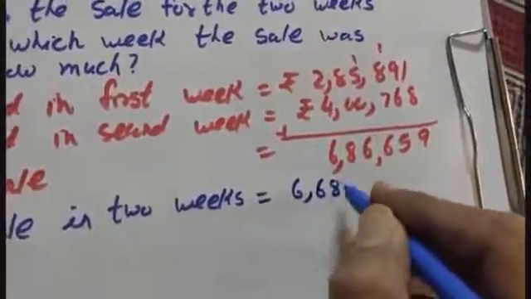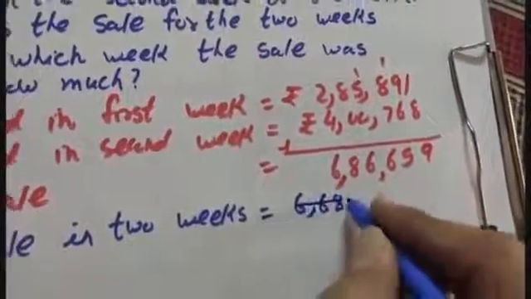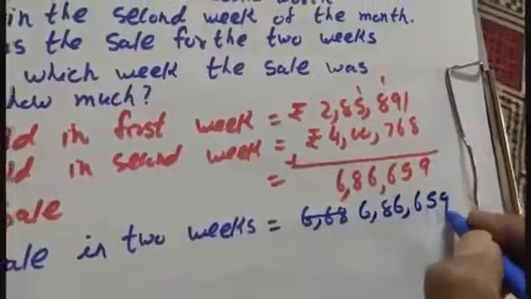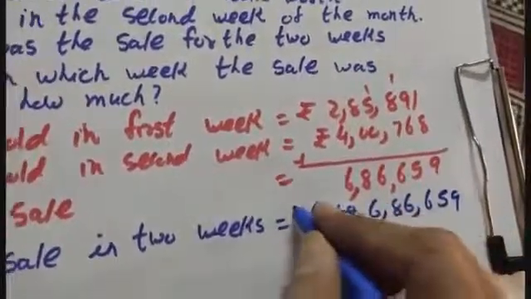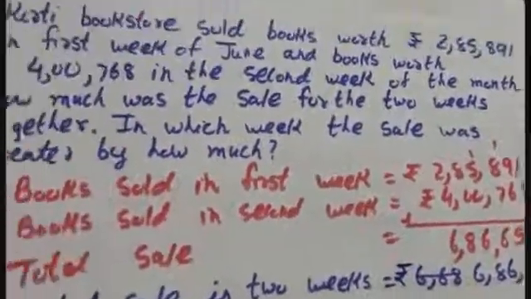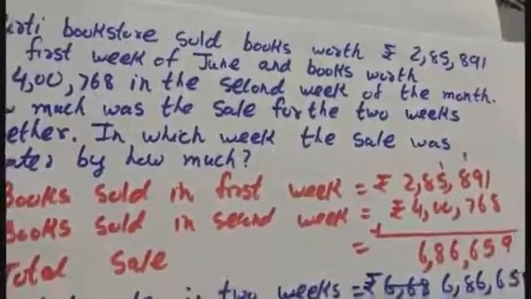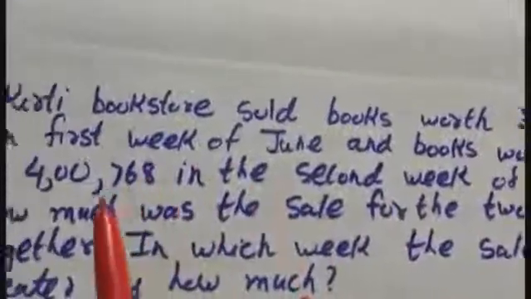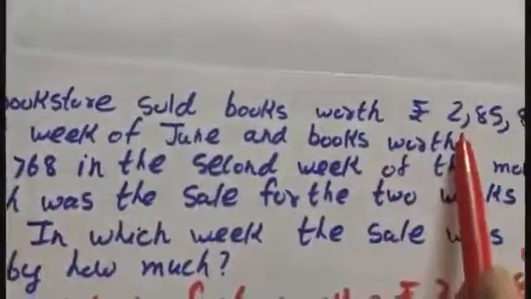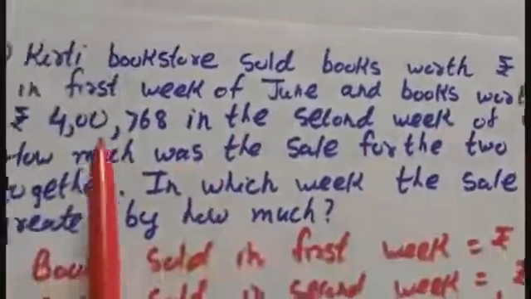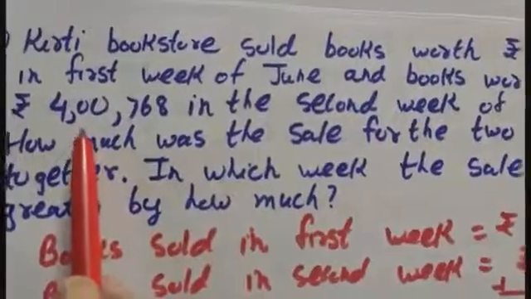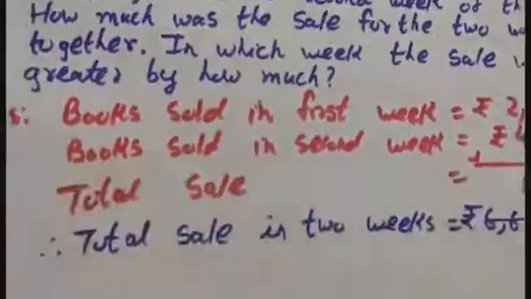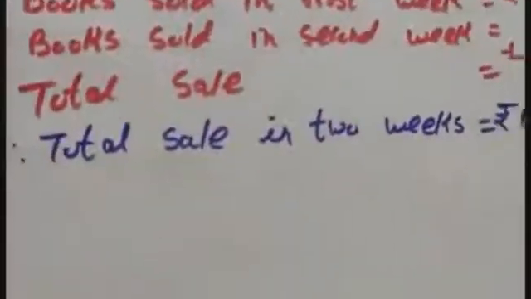Sorry, 6 lakhs 86,659 rupees. Then, in which week was the sale greater? So in the first week it was 2,85,891. In the second week it was 4,768. So in the second week the sale was greater. So you will write